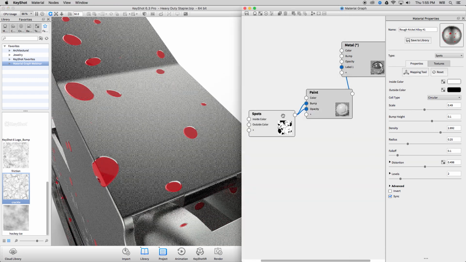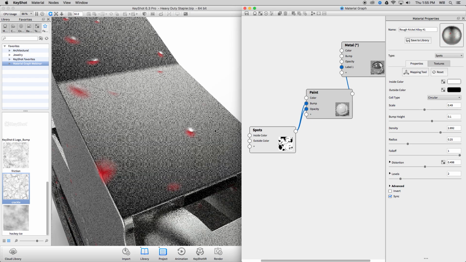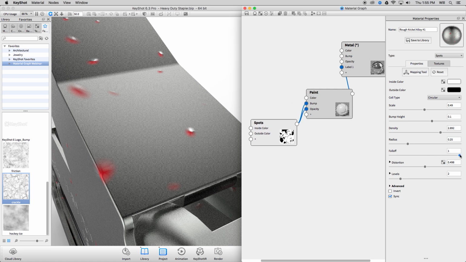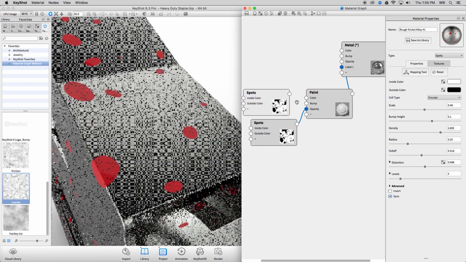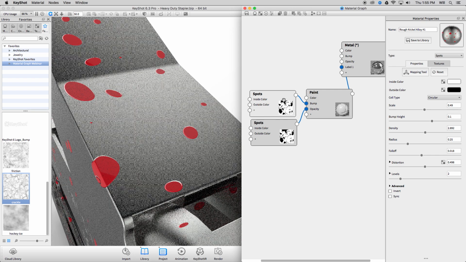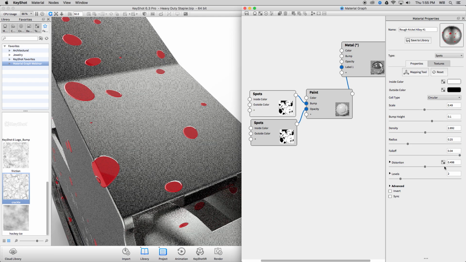The last thing I might suggest though, if you wanted to have this kind of domed effect, is we could go ahead and increase the falloff. However, you'll notice that this makes the actual opacity of them disappear. So in this case, you wouldn't want to take the same node and plug it in. What we would do is back this guy off, and we would duplicate this node, disconnect this from bump, connect this from bump, double click it, make sure we've unchecked sync so it doesn't affect the other one. And at this point, we can take this guy and increase the falloff, and it should,